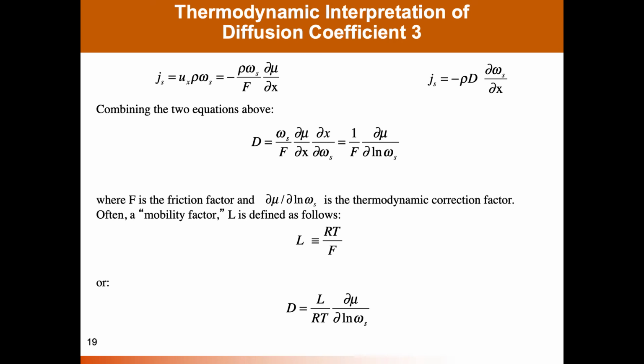And what it tells us is that if you apply Fick's law to model, for example, diffusion coefficients in a given system, that diffusion coefficient doesn't depend simply on the kinetic resistance to transport of a penetrant through the polymer, but it also has a thermodynamic component to it. And this comes about from a very simple fact: if the mass flux depends on the gradient in chemical potential, as shown up here on the left, but we use a model that writes the mass flux in terms of a concentration gradient, then the coefficient out front of the flux, that is the diffusion coefficient, has to absorb the difference. And so the diffusion coefficients that are often reported in the literature are based on Fick's law,